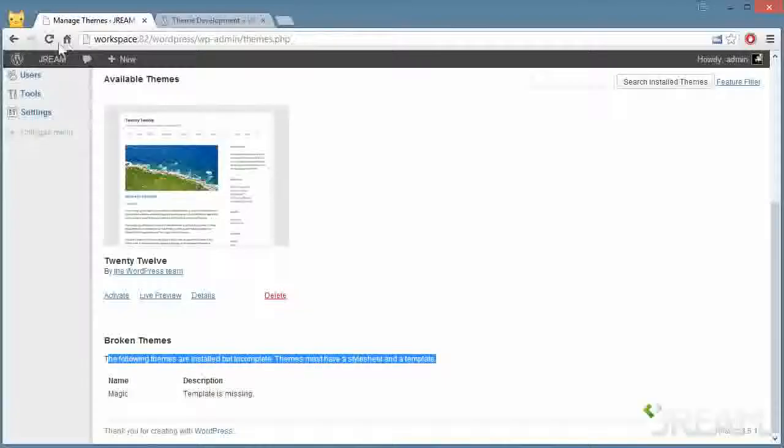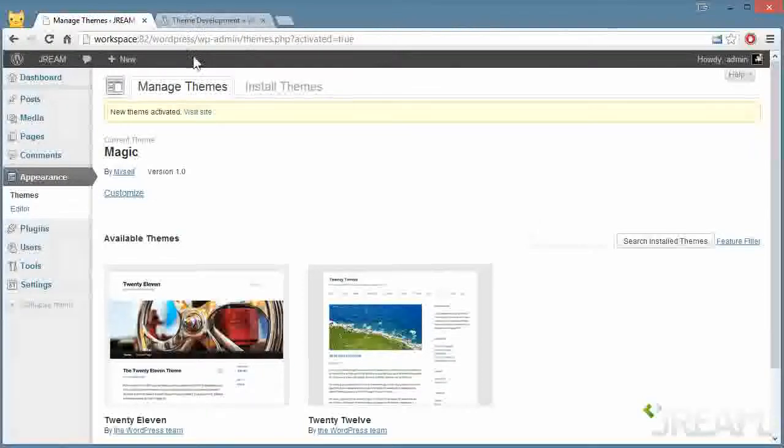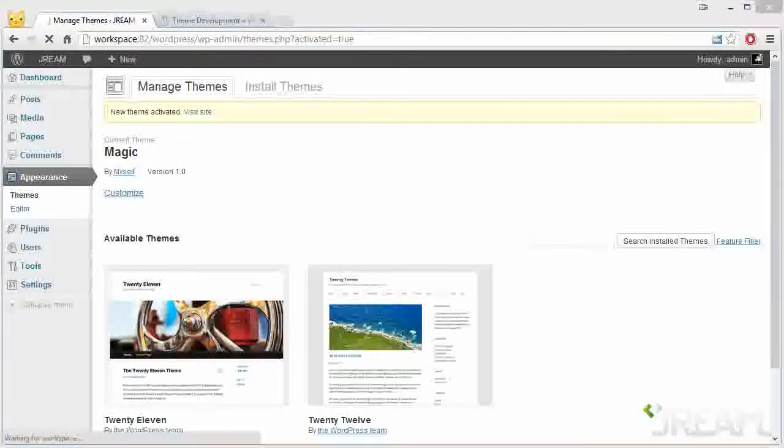Let's see what happens. Refresh, and here is magic. Let me activate it. Now I'll go to visit the site. It's going to look ugly, but we're starting from scratch. Boy, this is slow. Is it gonna load? Well, while we're waiting for that to load,